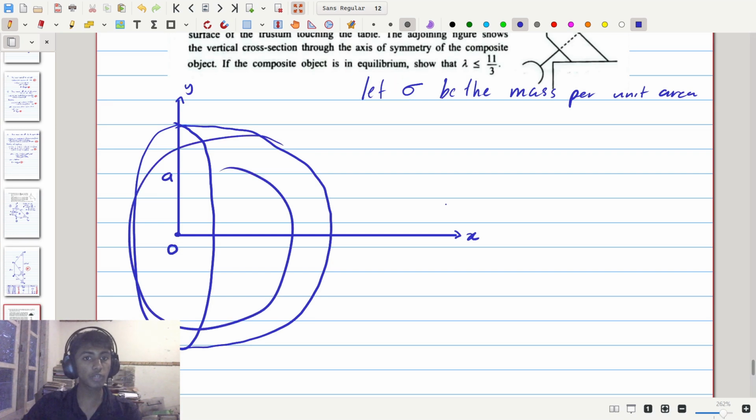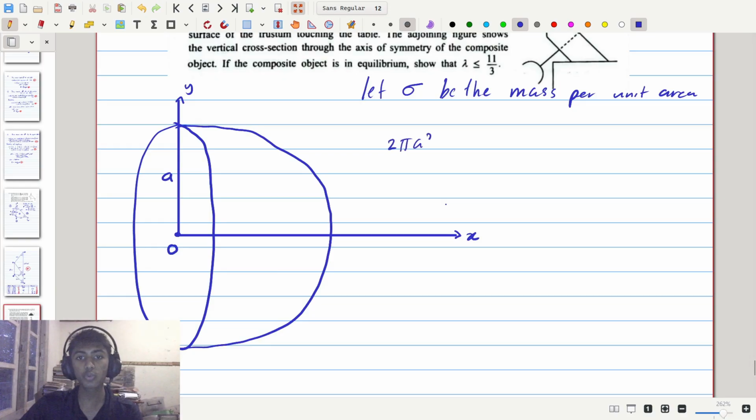The total area is going to be half of the total sphere's area, which is going to be 2 pi r squared, or 2 pi a squared. So 2 pi a squared sigma is the total mass. So now what I'm going to do here is to consider integrating this hemispherical shell somehow, and while integrating we're